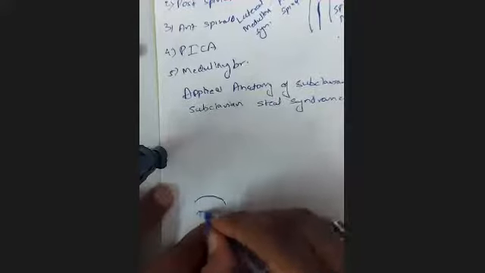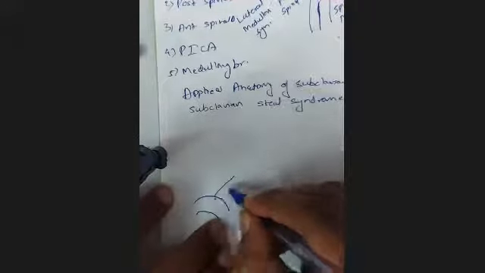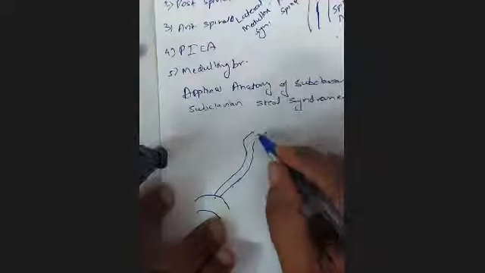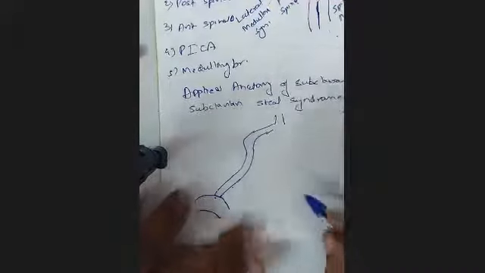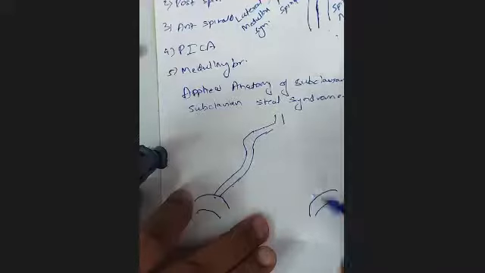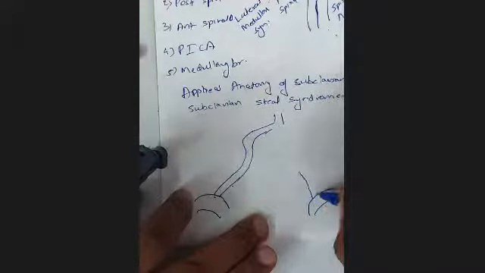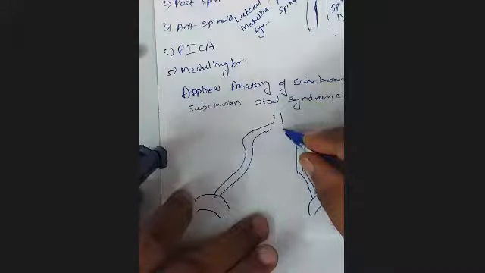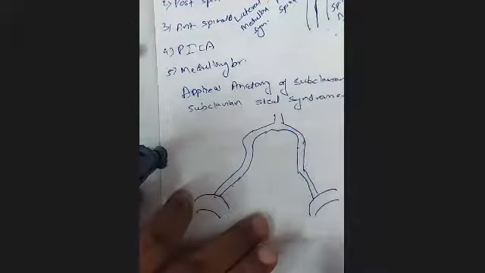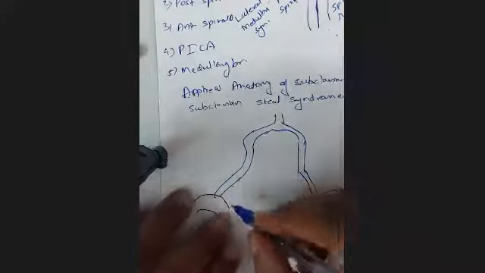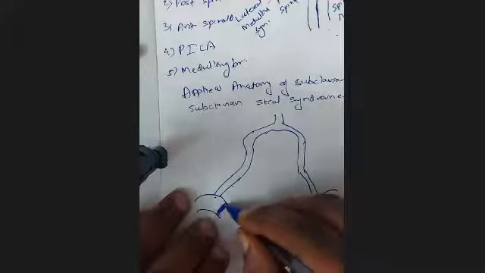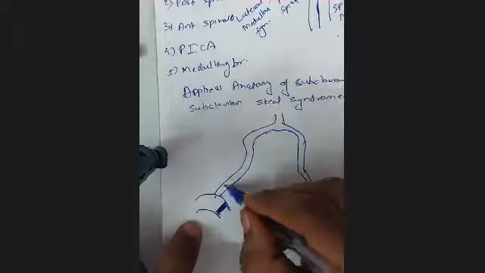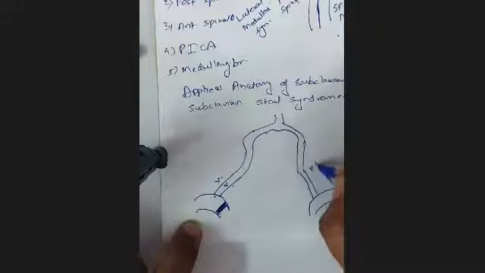Now this is the subclavian artery on one side, and this is the vertebral artery arising. This vertebral artery has gone to the third part and now has united to form the basilar artery. This is the subclavian artery of the other side, which has gone towards the vertebral column, ascended up, passed to the third part, and then inside the skull, and they have united to form the basilar artery. Now what has happened here is the subclavian artery gets blocked proximal to the origin of the vertebral artery.